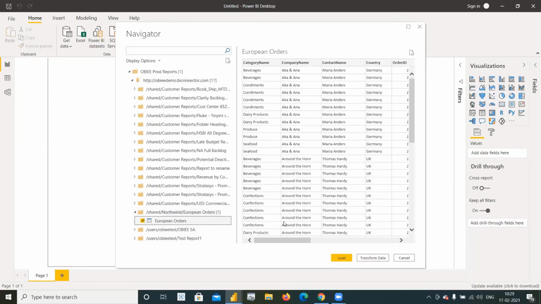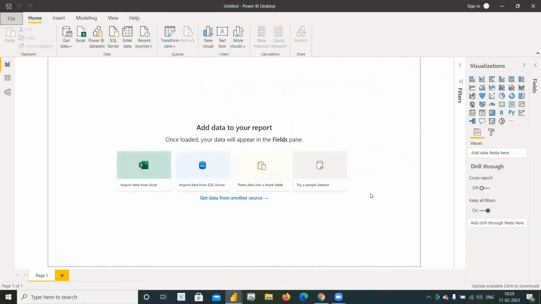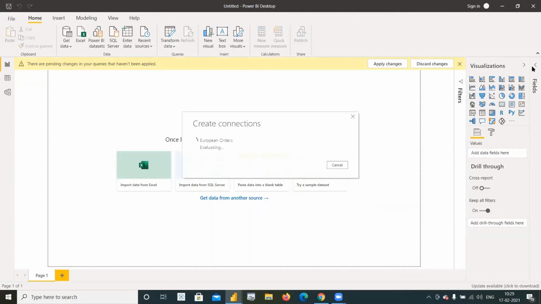I'm choosing the European orders report. I'm clicking load. Yeah, it's the same data set for this demo purpose.